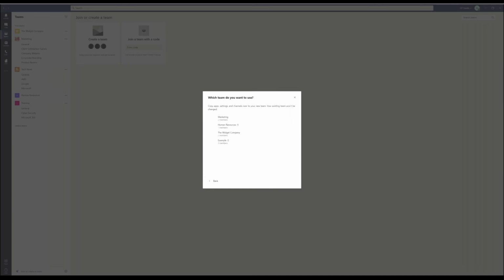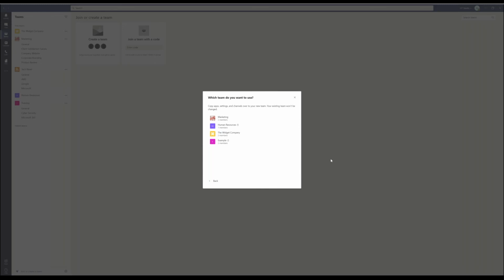templates. So for example, if our widget company team had lots of customization that we wanted to repeat for lots of different teams, we could actually create the widget company, create the structure, create the tabs, and create what we wanted in there, and then it would actually make a copy of that, which will save quite a bit of time if there's quite a bit of configuration within that.